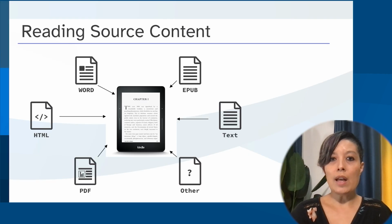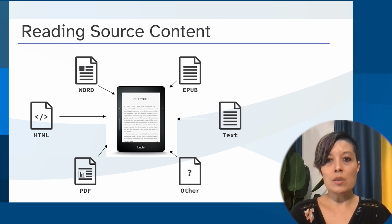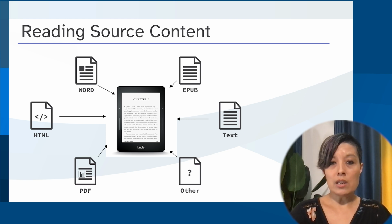For Kindle, we rely on our content creators to provide the ebooks that we distribute to customers. This includes big and small publishers, as well as millions of independent authors who publish their ebooks through our Kindle Direct Publishing tools. Because Kindle has its own proprietary ebook format, we don't directly render EPUBs or other ebook formats to our users, which means ebooks that publishers provide to us must first go through a conversion process to turn